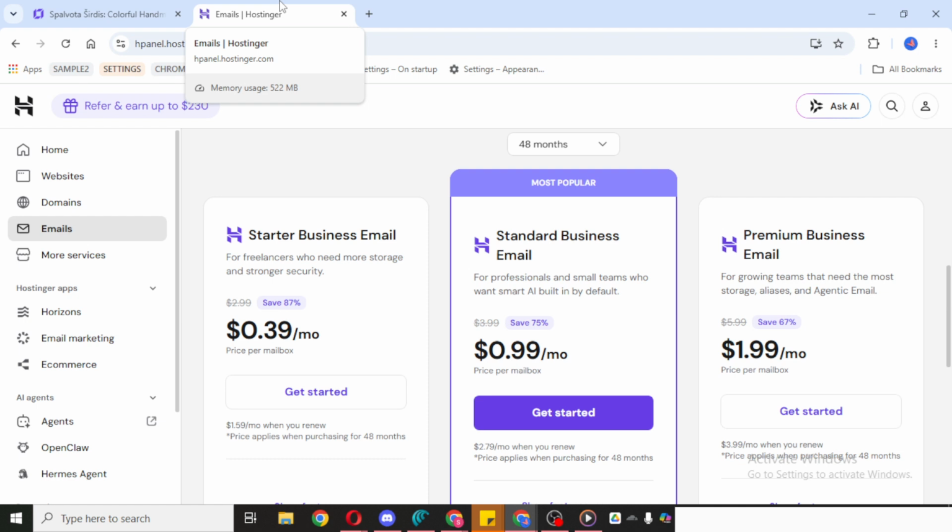After clicking Download, Hostinger will give you the option to choose an export format. This is the stage where you simply follow the prompts shown on your screen. Read each option carefully so you select the format that best matches what you need. For example, you may want a format that's easier to store as a backup, or one that works better for moving emails into another service or application.